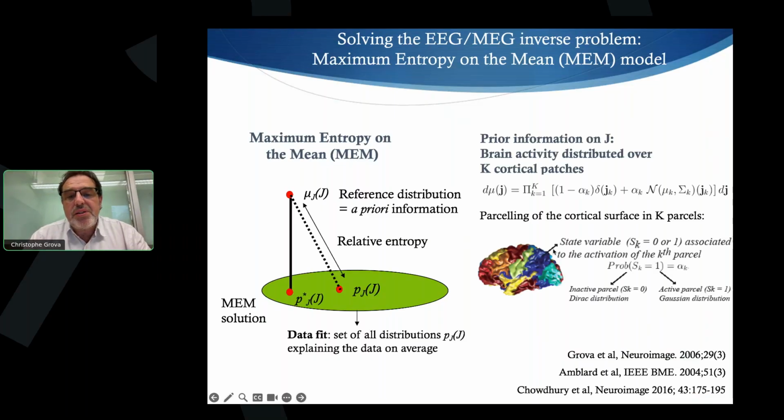The only thing that I think is interesting in MEM is the fact that our prior is a parcellation of the brain. So we consider the brain to be organized in K parcels, and those parcels might be active or not. So the method is able to switch off parcels, and when the parcel is on, we have a Gaussian prior, which is a kind of Loretta prior: minimum norm plus some local smoothness. I will also mention that the number of parcels is usually roughly the number of channels of our data, so around 100, 200. But it's not a tricky part. Whatever the parcellation is, the solution will be quite stable.